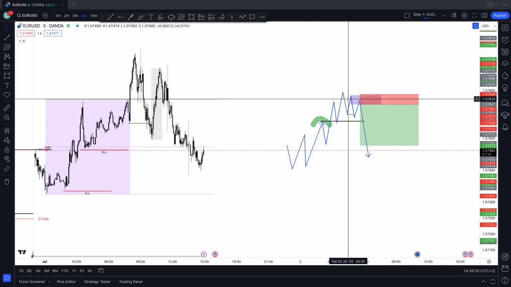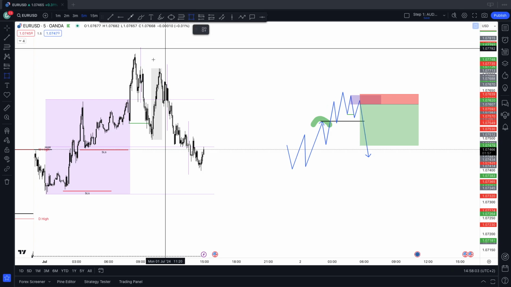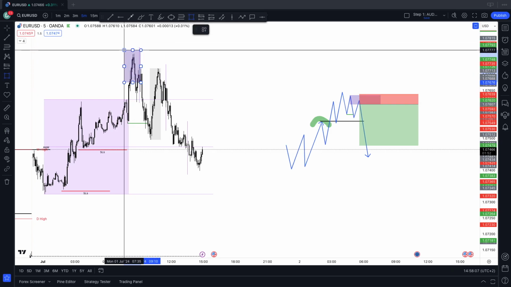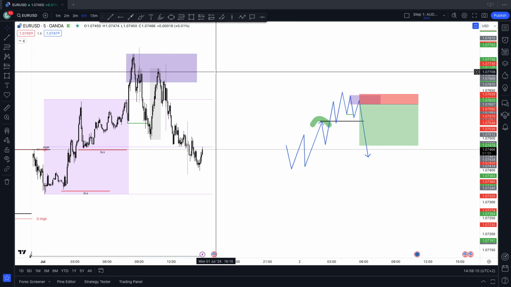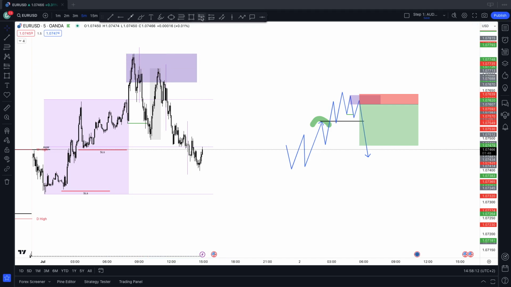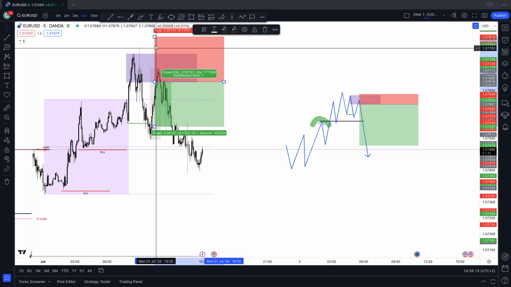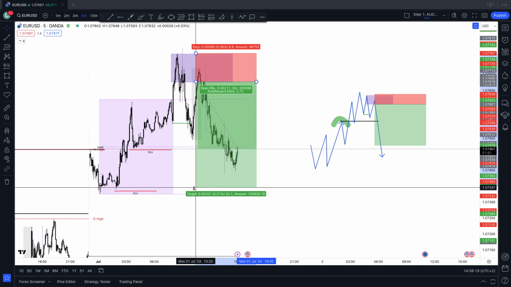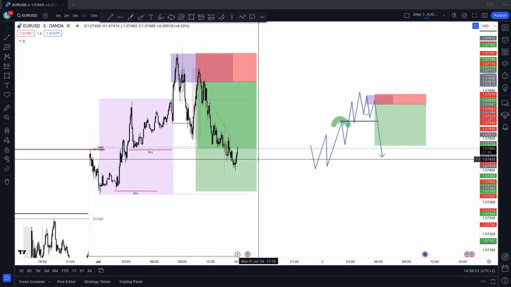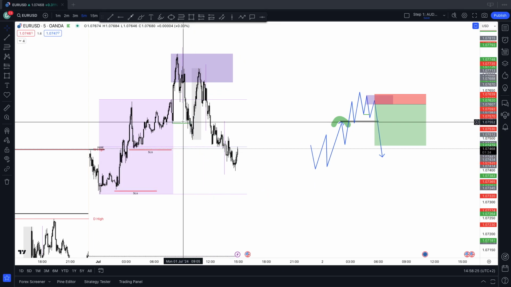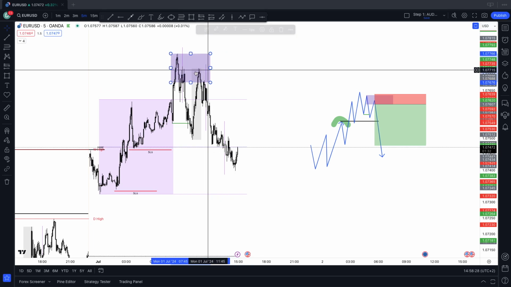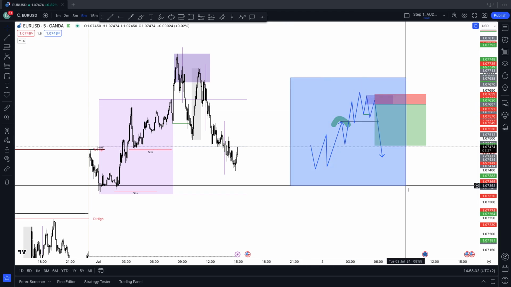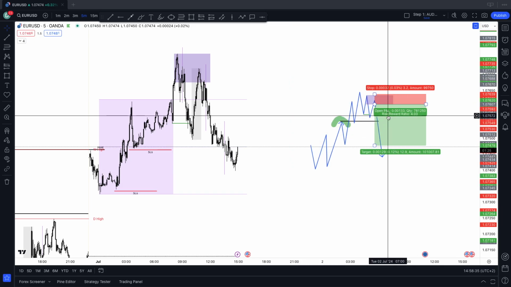So this entry that I'm talking about is right in here, from this area, and then just cover the highs. There was our short, and this will definitely look like it's going to be trade of the day, but that'll be a whole separate video. Obviously that occurred during London, right? So we kind of missed that trade, but it's okay. Just going to delete that. Well, actually, before I delete that,